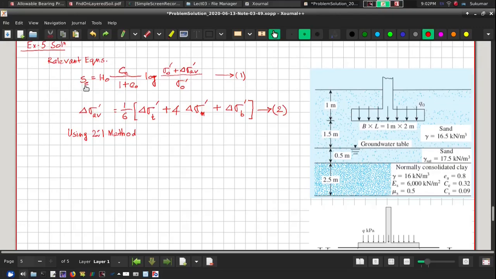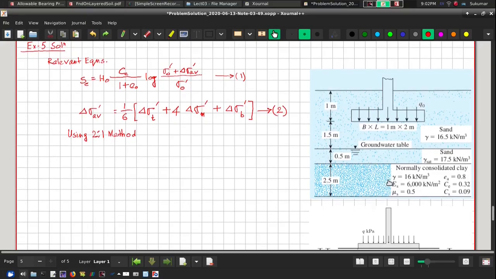for primary consolidation is given by H naught into Cc by 1 plus e naught into log of sigma naught dash plus change in effective stress due to foundation loading divided by initial effective stress. Now initial effective stress will be calculated at the midpoint of the clay layer. Alright, and then